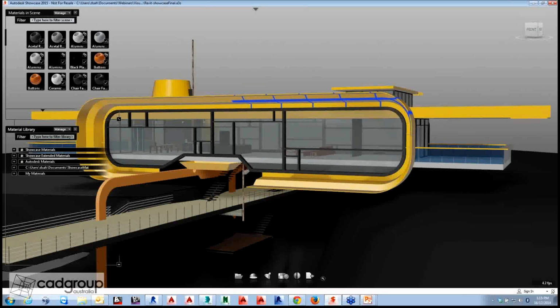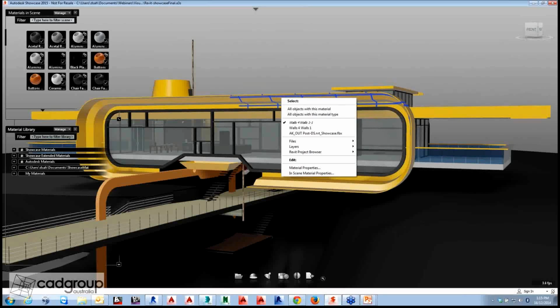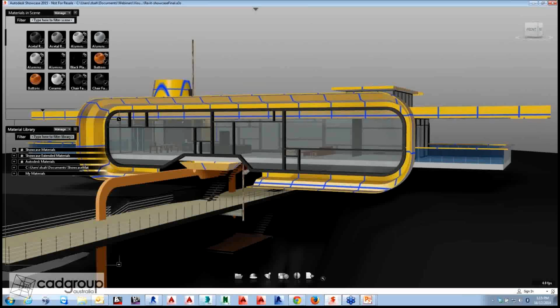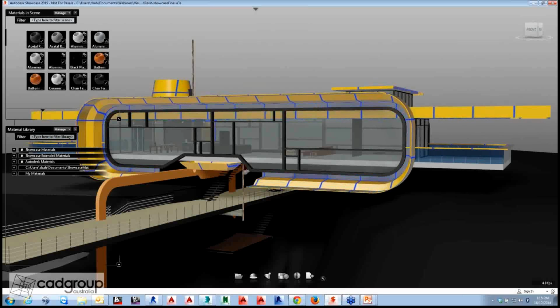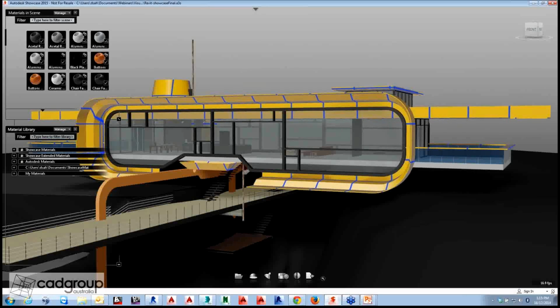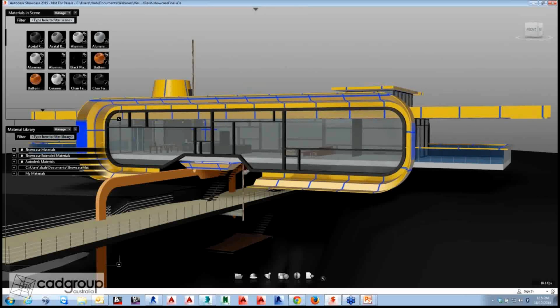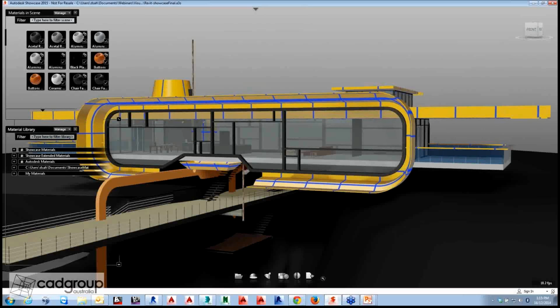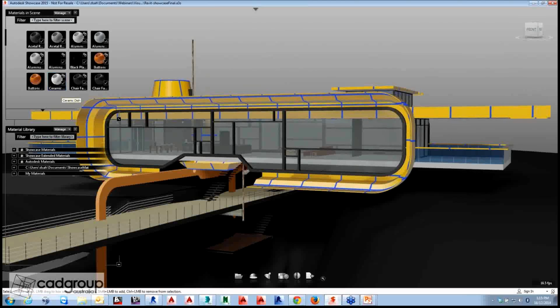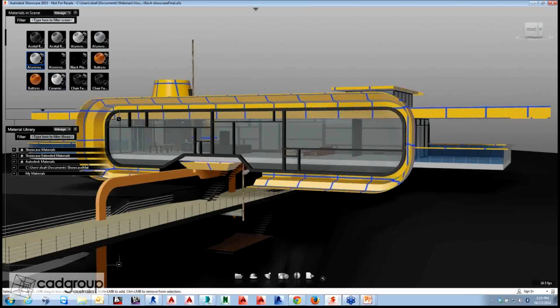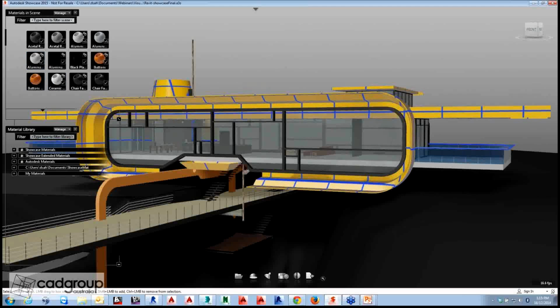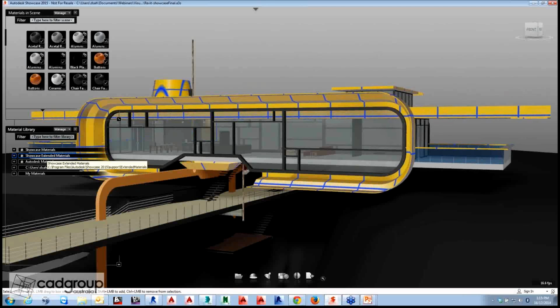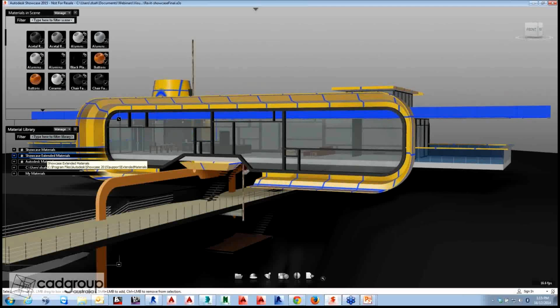I'm going to select, let's say, one of the objects, and there is a function in the right-click menu called All Objects with this Material. So this is how I can make the selection easier, and if I need to change materials, we can change on the fly. So I have selected the objects with the same material in this scene, and if I need to change with different materials, we can simply use one of these existing materials in the scene,